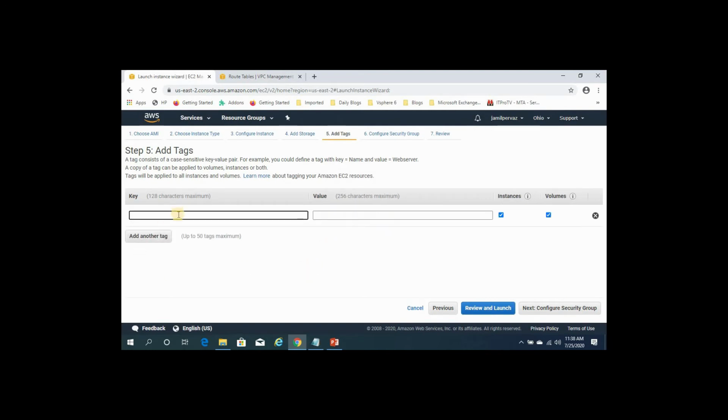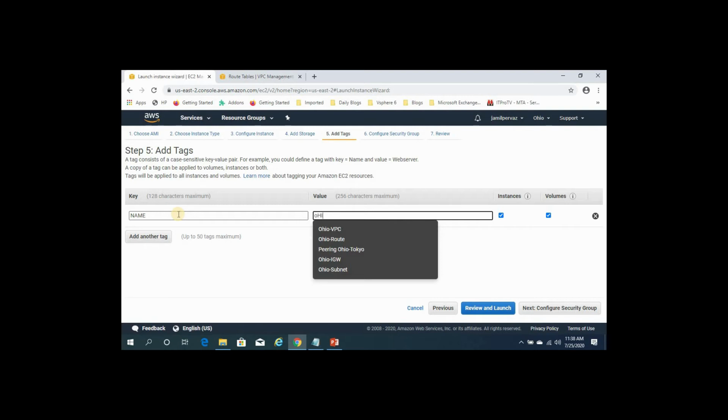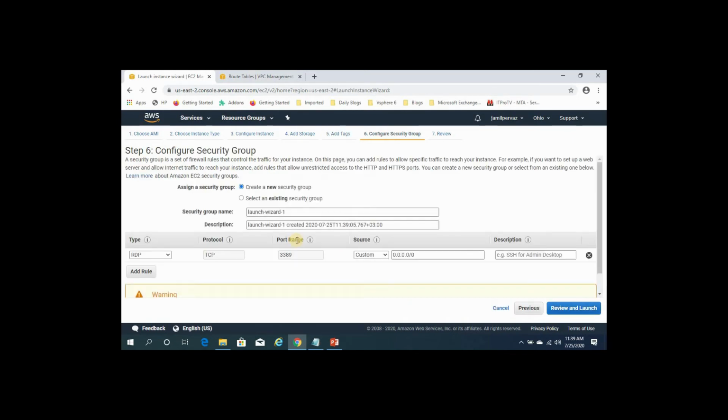Add tag. Name: Ohio server. You can type any name. Next, configure security group. Here I'm going to create a new security group, named Ohio security.